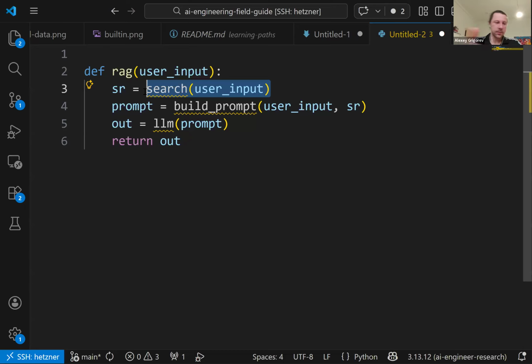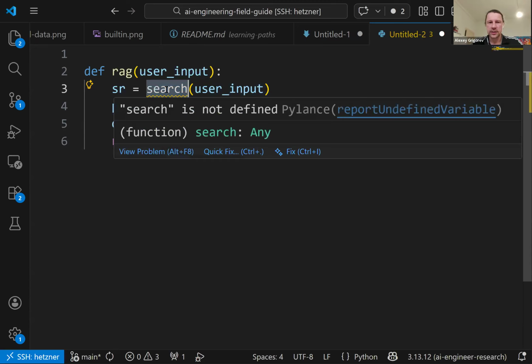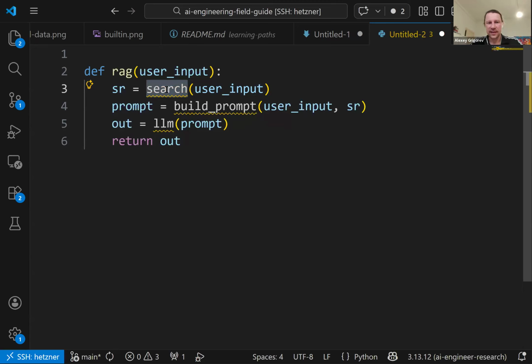You are putting data from one place, from the source, to another place, which is your destination. And this is typically, I don't know, a data warehouse or something. So in this case, it could be Elasticsearch or some vector database or something else, right? So this is nothing else but pure data engineering, just rebranded differently. And since we saw in how many cases RAG is used, then this is the answer, right?